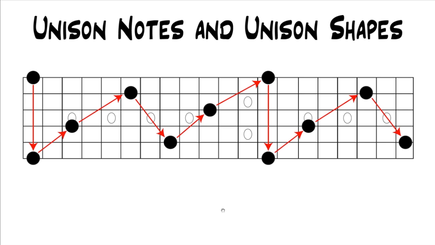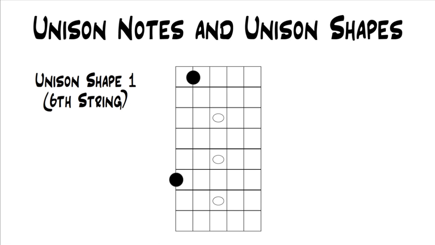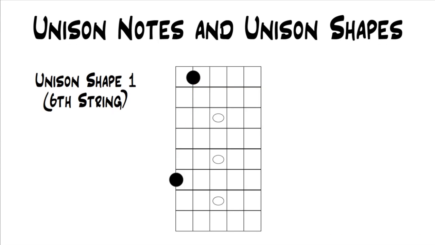or how to look at these notes that are right here and see which ones are the exact same pitch. We're going to start with unison notes, just like we started with octave shaped notes in the last lesson. So the first unison note that we're going to start with is this one. If you're starting on the 6th string, your first unison note, you would go down towards the floor 1 string, which would be the 5th string, and you would go back towards the headstock of your guitar 1, 2, 3, 4, 5 frets. Then you would end up with these 2 notes,